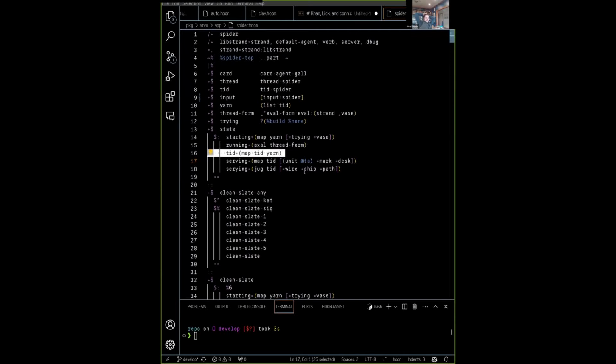So if you look at what a yarn is on line 10, it's a list of TID. So if the list is empty, then you're just running that thread. If the list has thread IDs in it, that's how we're tracking child threads. So if you have a thread that spawns a thread that spawns a thread, this is how you track those down into your system, by putting them into the map from the thread ID to the yarn. This data structure seems a little bit kludgy to me, the kludgiest of all the data structures in Spider. There aren't directly protections against it being reentrant or circular or something going on there, but